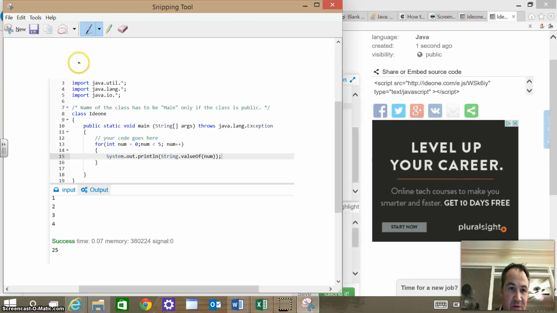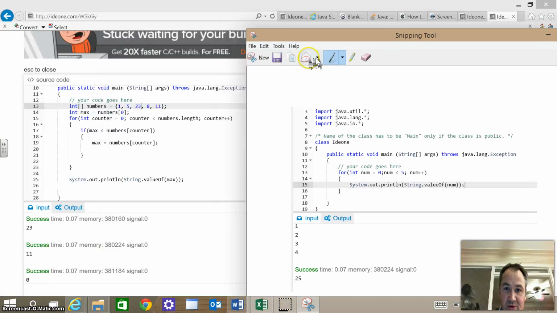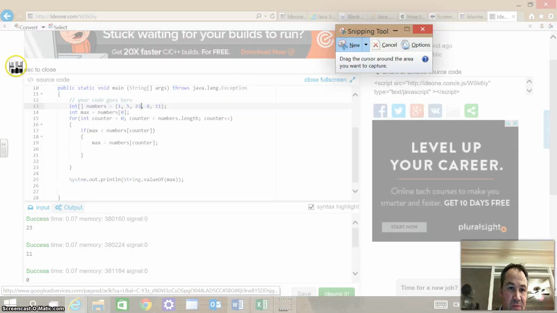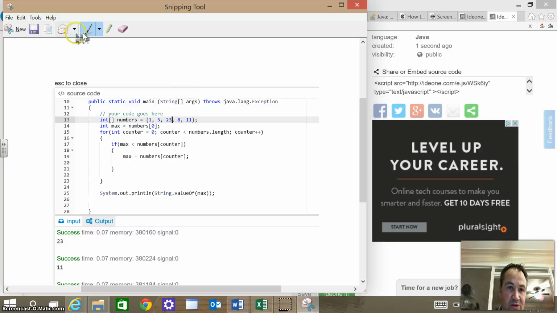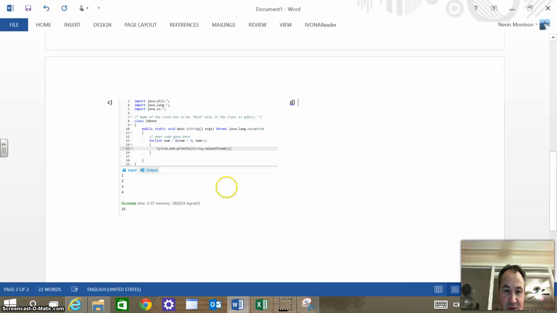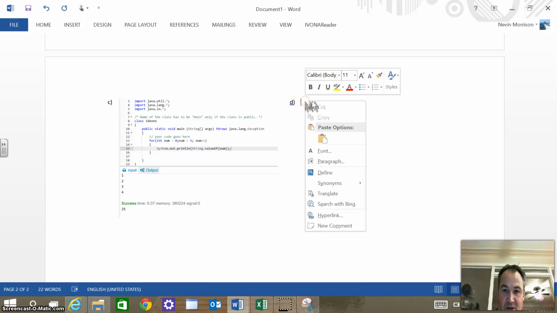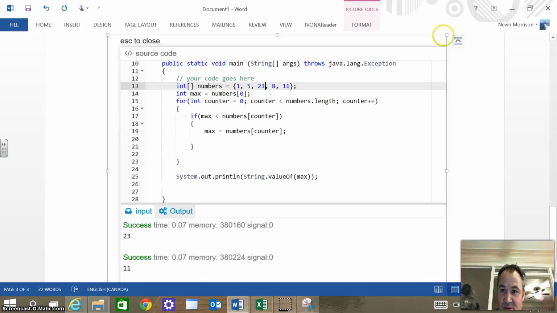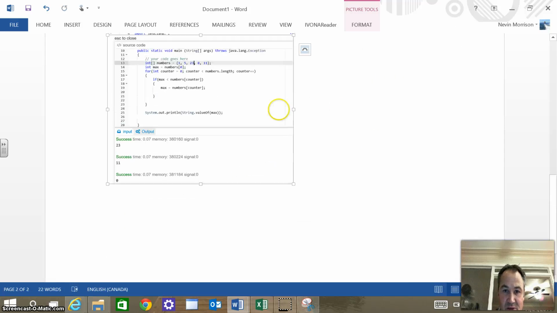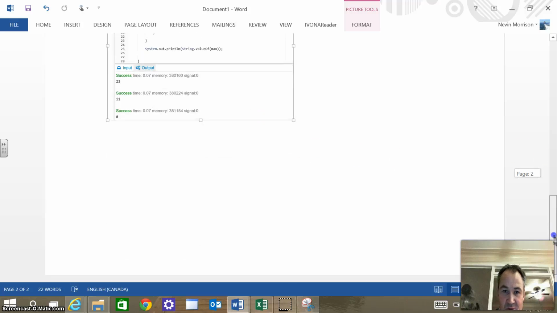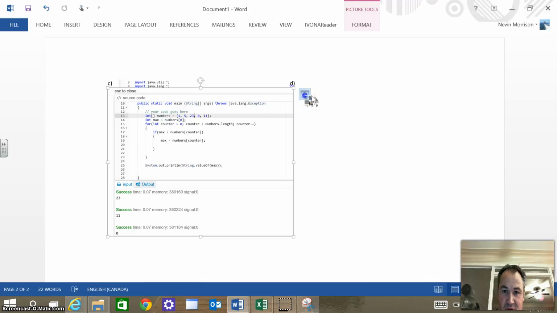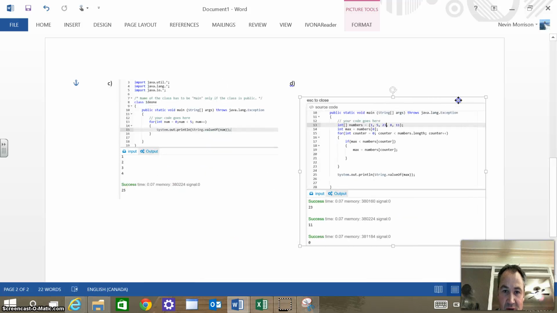I'm going to just take a snippet of this. We know how to do that. Snipping tool, search it if you don't know where it is. Go new, and I'm probably going to run out of video before I copy this, but let's take a look there. So there's my snippet, there's my logic, and I just copy. Once again, paste that into my assignment D, and I can paste here. Of course, it's once again huge. I can shrink that down. Where did it go? Let's make sure we're behind text, and then I can move that over to where